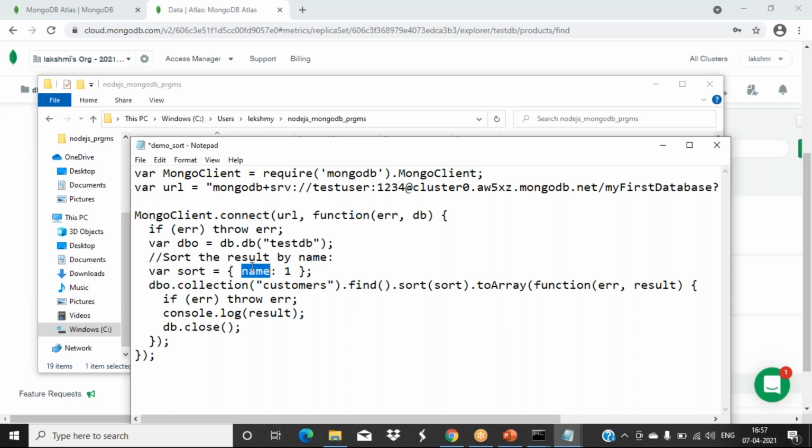We are telling according to the name, alphabetical order of the name property only we want to sort it. So we create a variable sort, where the property we have set is name colon 1 like that. Then using which function? Find function, because you want to show that result.